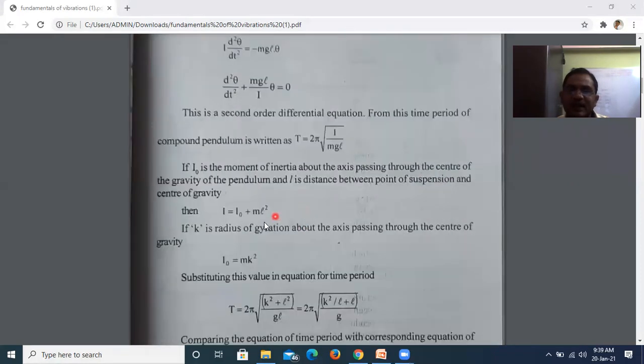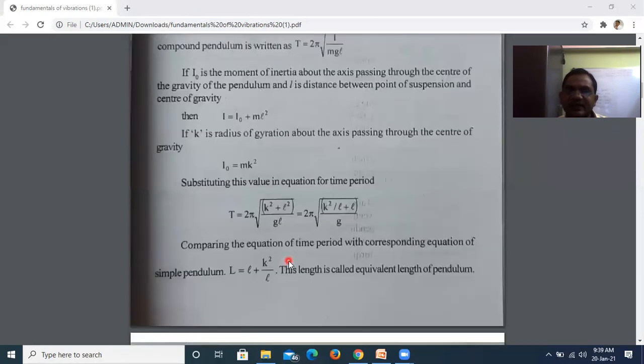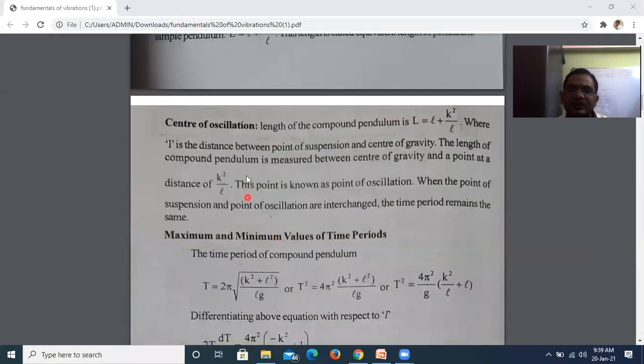By using the parallel axis theorem, the moment of inertia with respect to the axis passing through the point of suspension is I equal I naught plus ml square, but I naught equal to mk square, where k is the radius of gyration. Then we got the formula T equal 2 pi root of (k square by l plus l) by g, where capital L equals small l plus k square by l, the equivalent length of the pendulum. There we define the center of oscillation. What is that? Center of oscillation is nothing but